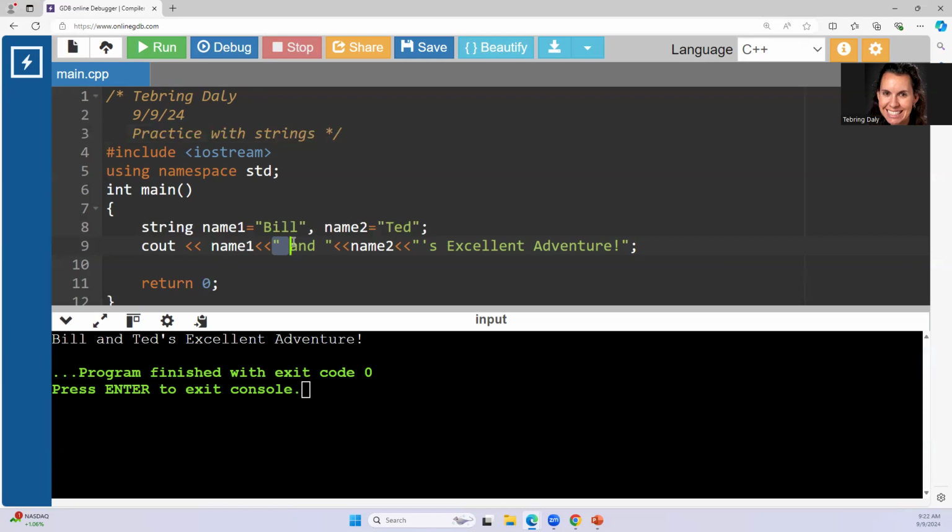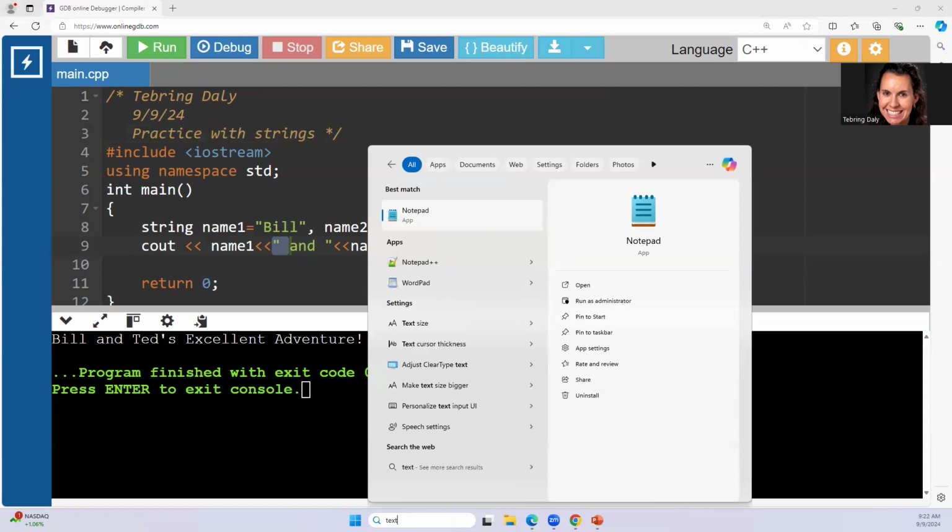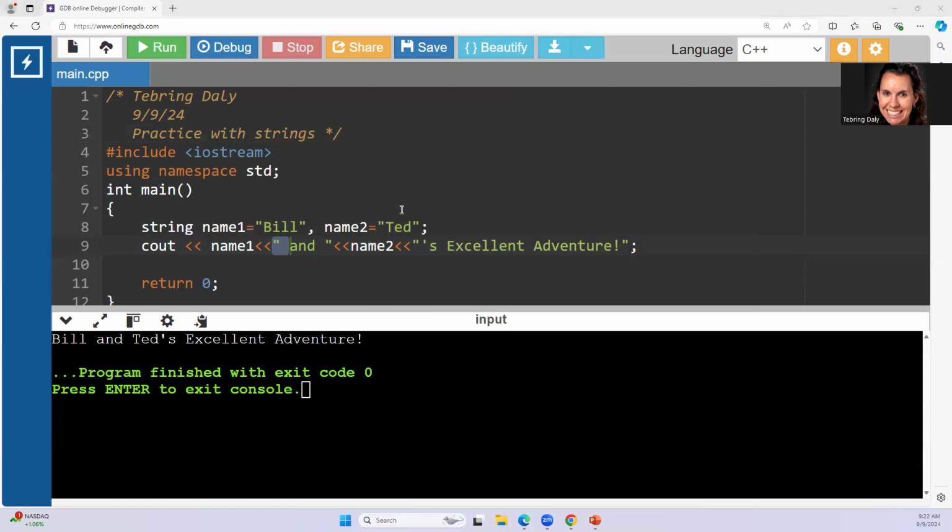Okay, so if you want to save this, one nice thing about online GDB is it does have this ability to download your file, or you can just open up a text file and paste it in and save it with whatever name you want. I really didn't have pseudocode for this one because I really didn't have much to do. I was just printing something to the screen. I could have created a pseudocode for it, but